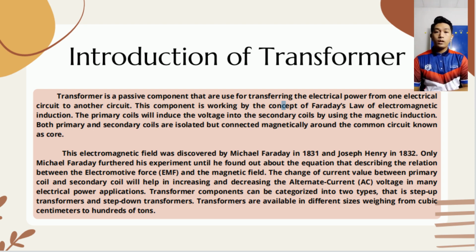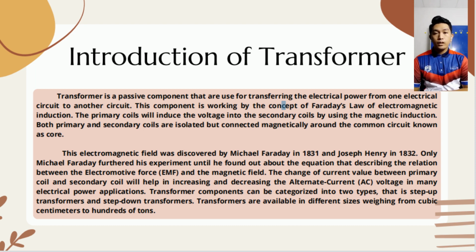In this concept, the primary coil will induce voltage into the secondary coil by using magnetic induction. This electromagnetic induction was discovered by Michael Faraday in 1831 and Joseph Henry in 1832. Michael Faraday furthered his experiment until he found the equation describing the relation between the electromotive force